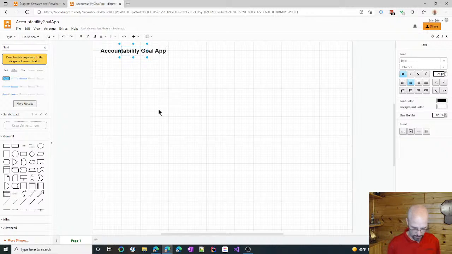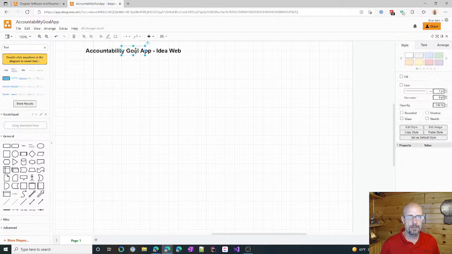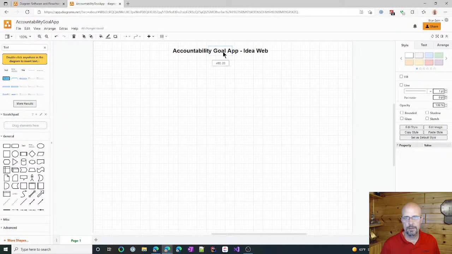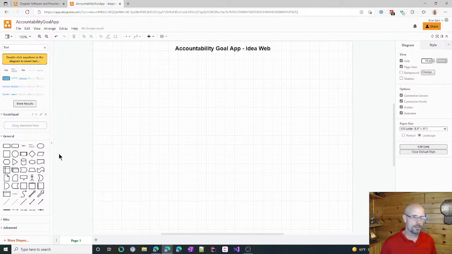So this is the accountability goal app idea web. I just started with an idea, and that's where we start on ground one. Oh, nice. It helps you center things up, aligns them at the top. And what this is